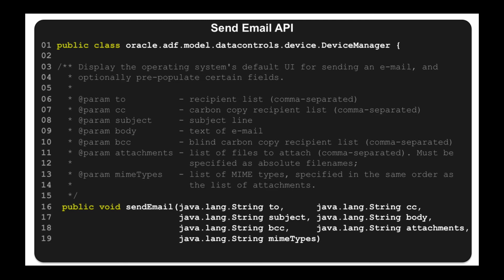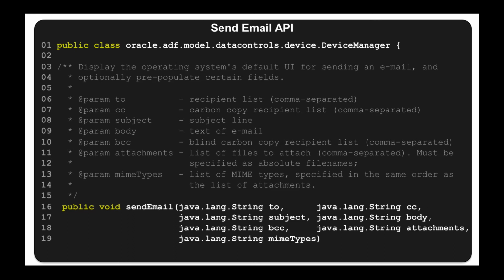For adding attachments to an email, such as if you've taken a picture with the getPicture data control service and it's been written down to the file system of the device, in order to add that picture to the email, what you do in the attachment section, in a comma delimited format again, is you provide the full path to that picture or the alternative files that you want to send along with the email. Those paths, the actual path on the device where the image or the files are stored, is actually returned by the other methods, so you would need to store that actual result and then pass it along to the email